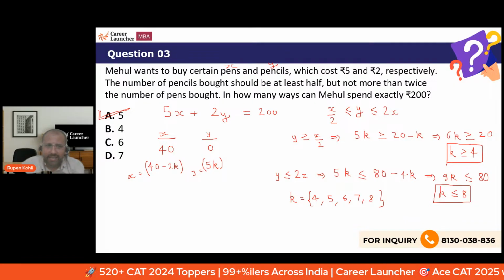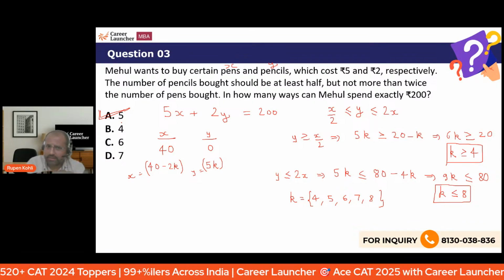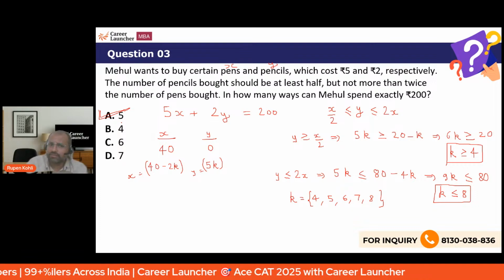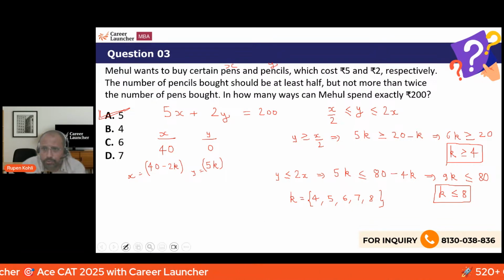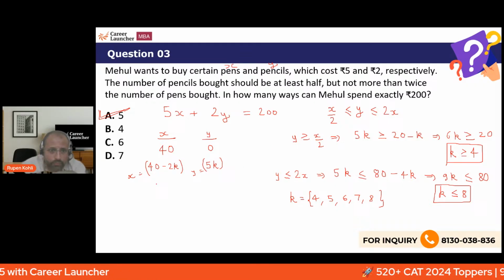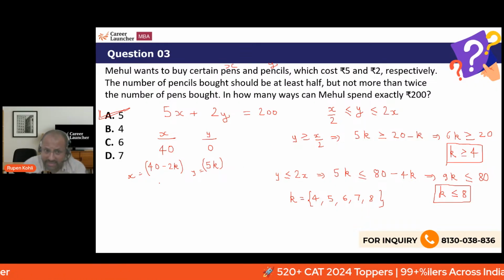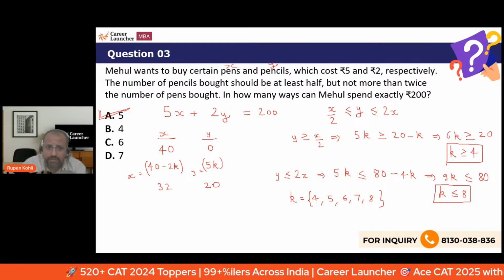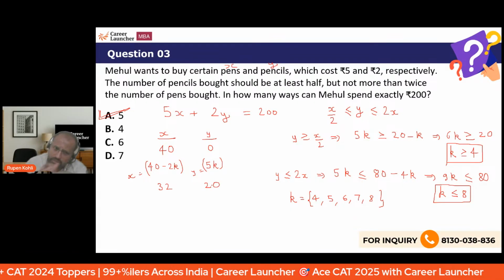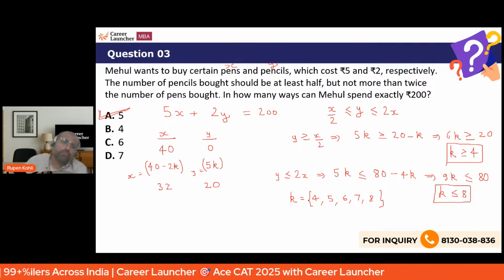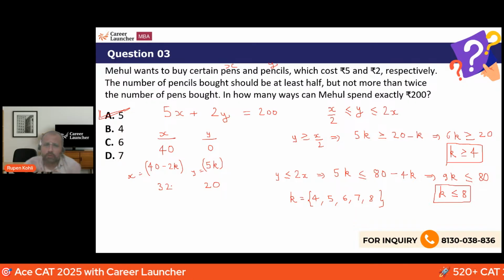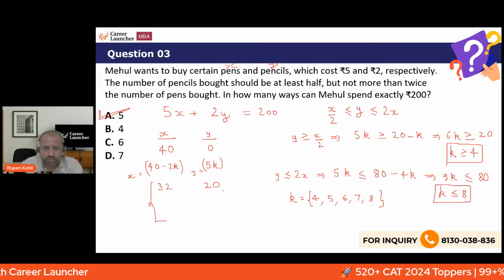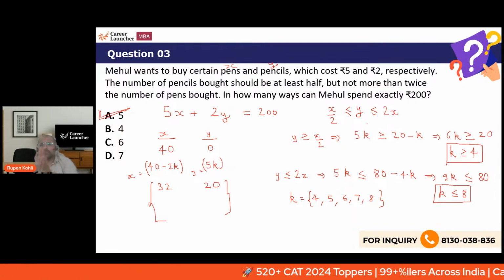Right? And yes, so we can put the values of k and we can check that yes, these solutions satisfy our range, right? For example, for k equal to 4, if I put in this, so 40 minus 2 into 4, 40 minus 8, this will be 32, and this will be 5 into 4, 20. And this is fine because 20 is greater than or equal to 16, half of 32, right? So all these further solutions will match this inequality as well,